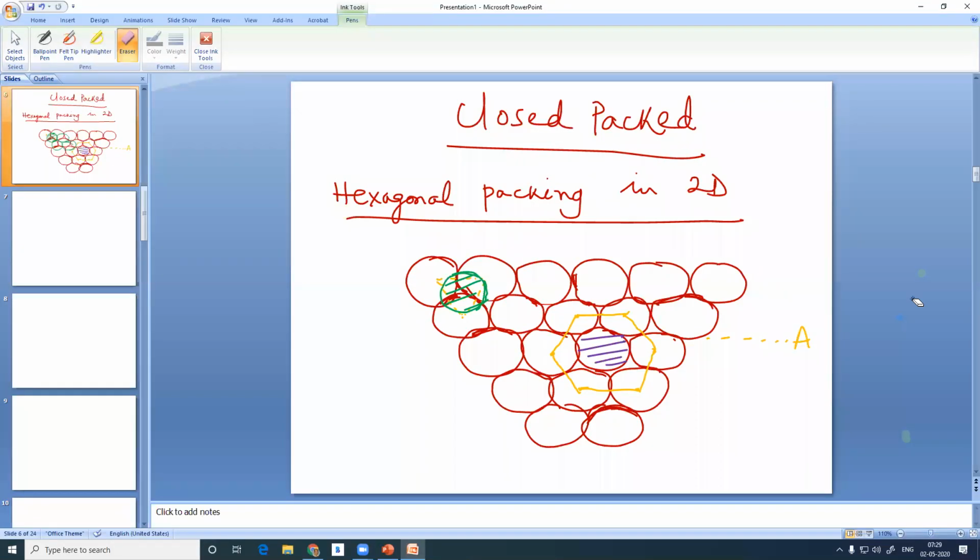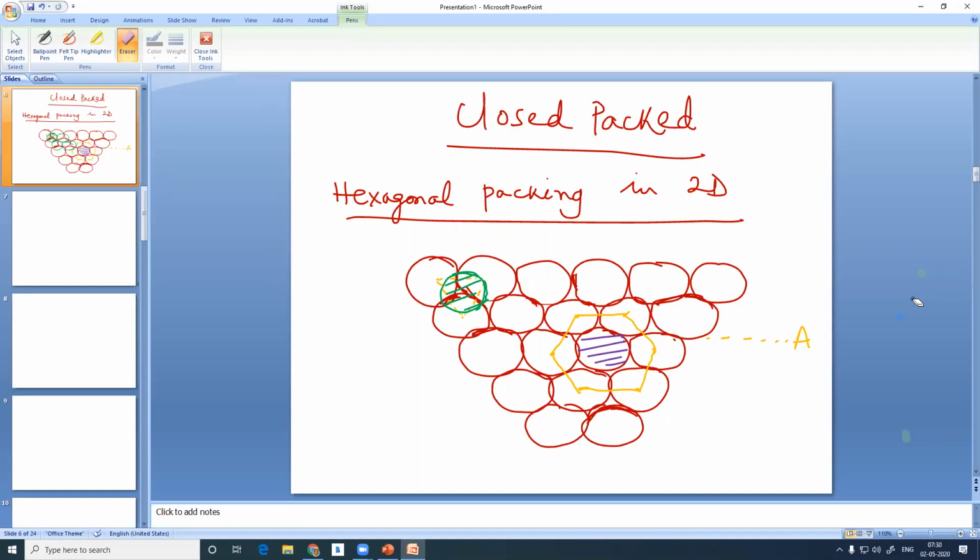The green one will be forming the second layer, the top layer, and the red ones are the bottom layer. They belong to two different layers. Now, if you join their centers, it will describe a tetrahedron, and a small little space that will be left out inside will be called a tetrahedral hole or tetrahedral void. I'll give you the notes, don't worry. In close packed lattice, there are two types of holes. One is called the tetrahedral hole and the other is called the octahedral hole.